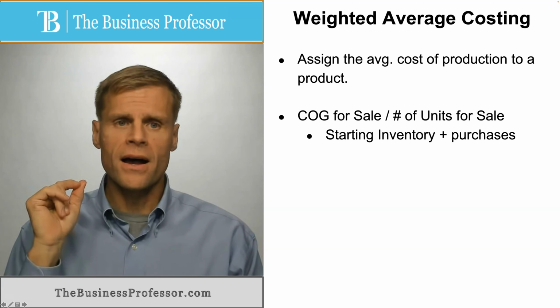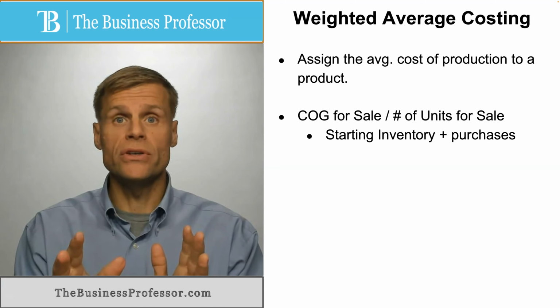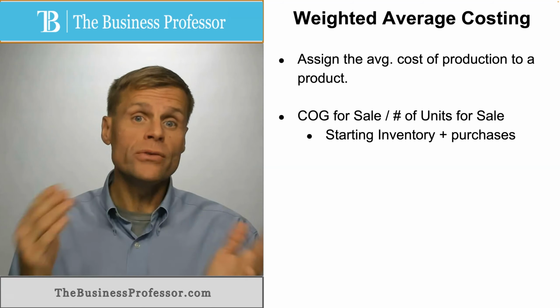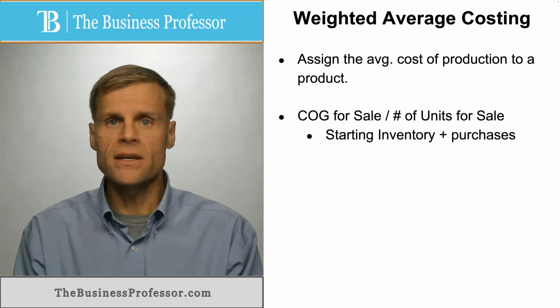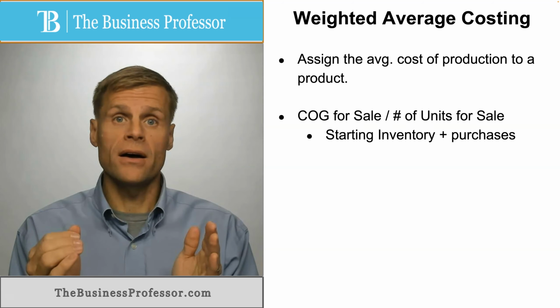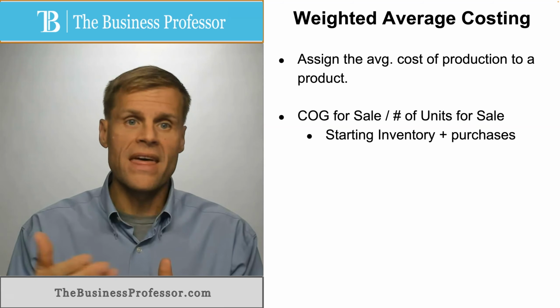Now, what's the formula for this? So one, you look at the cost of goods that you have for sale, and then you divide it by the number of units you have for sale. Well, this is going to give you the average cost per unit, okay? Now, that being said,